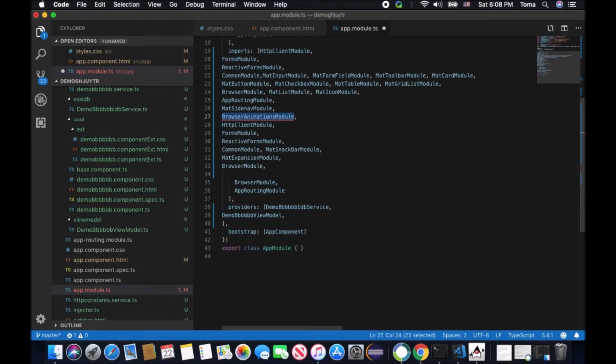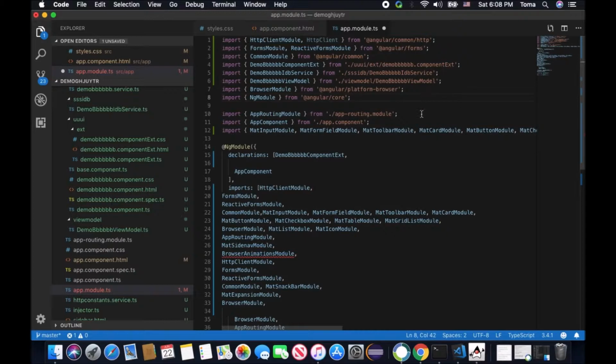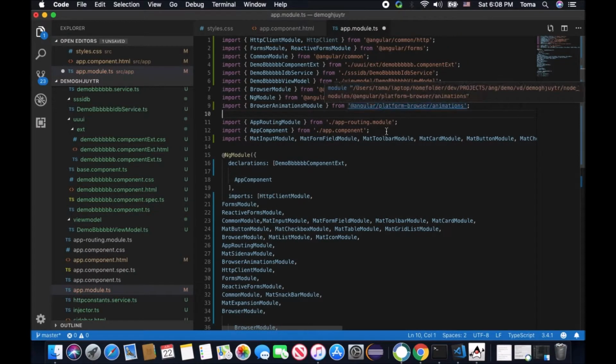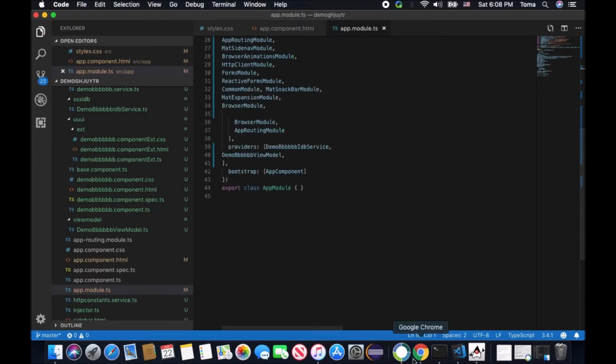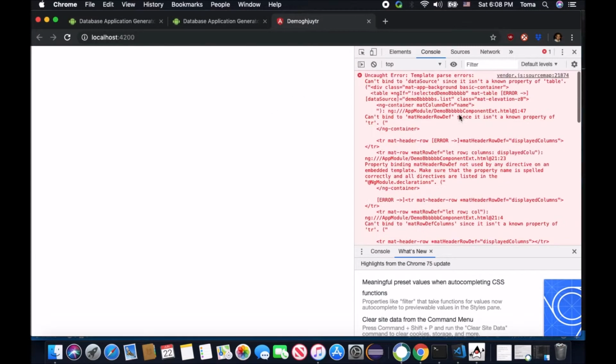Okay, this dependency must be added manually, and it seems okay. And let me see if the app runs correctly. Okay,